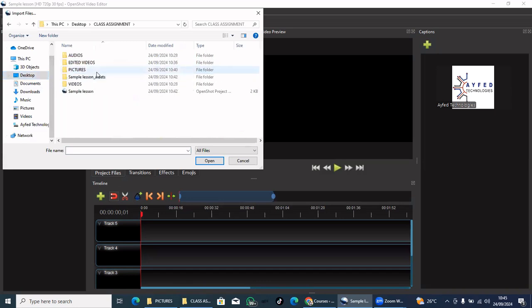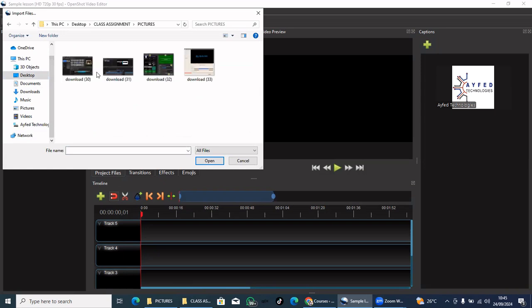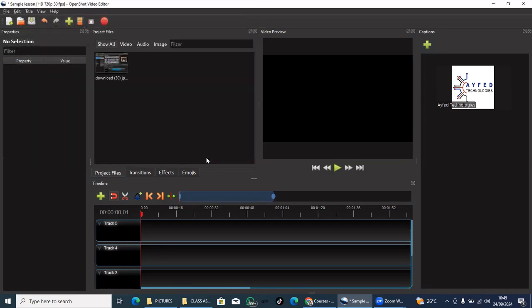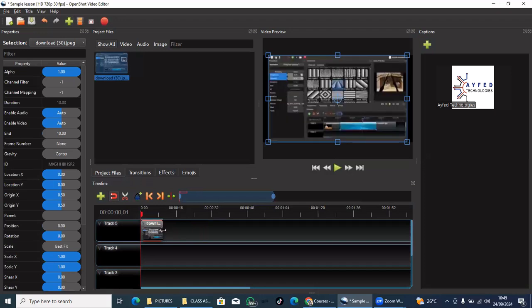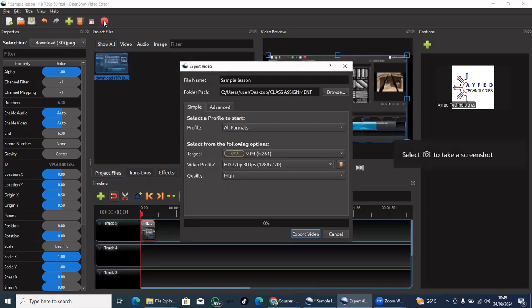What do we want to bring this time? We want to bring pictures. That's why I said you should be able to arrange. I just want to give us pictures for this time. So I'm going to pick a picture. When I pick a picture, I've dropped a picture there. So after dropping the picture and putting it on the timeline, I can just come to export, because I just want to export. I want to show you how